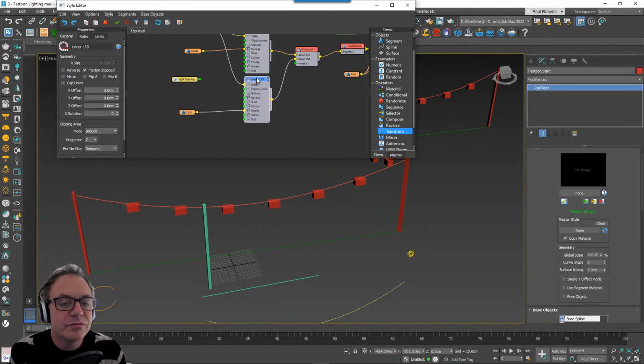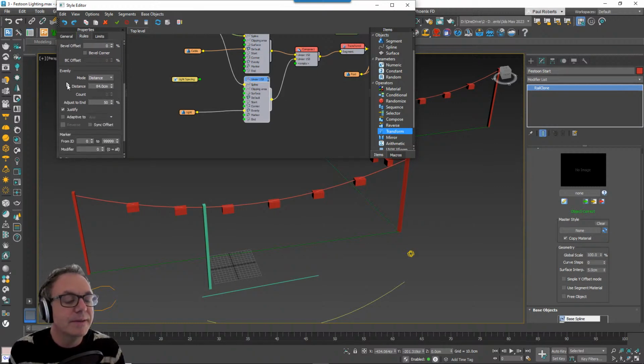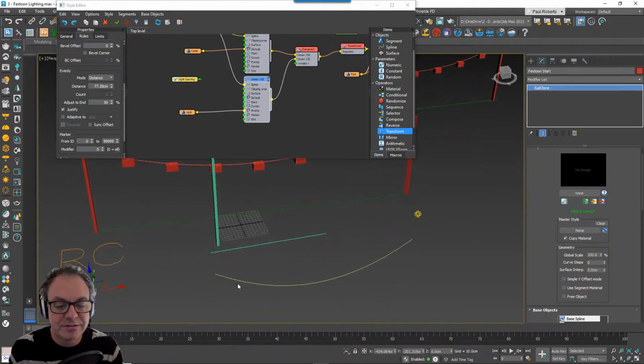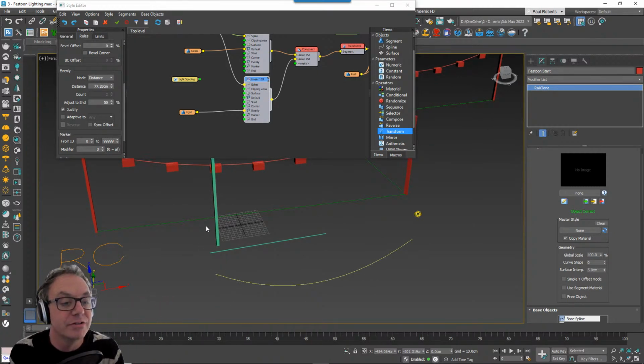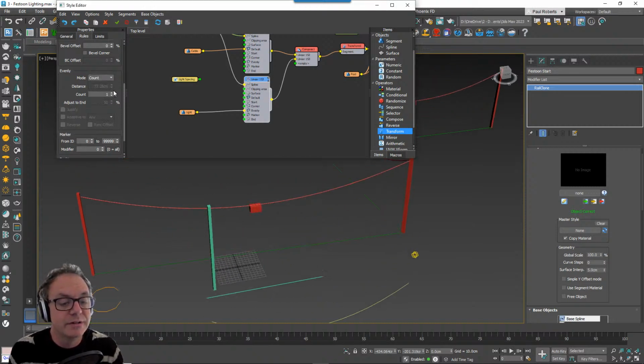And first of all, what I'll do then in order for that to happen is I'm going to change the evenly mode from distance, because the distance never changes because it's always this spline here. It just happens to get stretched out, but it doesn't measure any different as far as RailClone is concerned. So I'm going to change it from distance to count. And in count mode, you just choose a number.